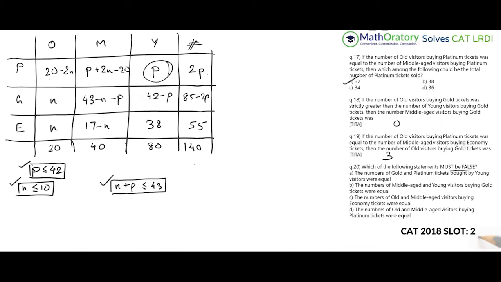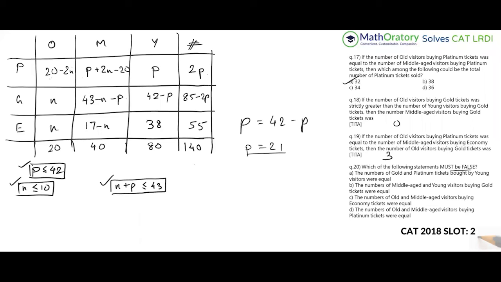That's what it says. It doesn't seem a problem, right? P equal to 42 minus P. 2P is 42, so P is equal to 21. That is falling in this range, isn't it? P less than equal to 42. No issues as such. Even this range will not be a problem. P equal to 21. Or wait. Yeah, this is less than equal to 43, right? Had this been equal to 43, I was getting confused with question number 18 here. This was less than equal to 43. So if P is 21, N can be 5.